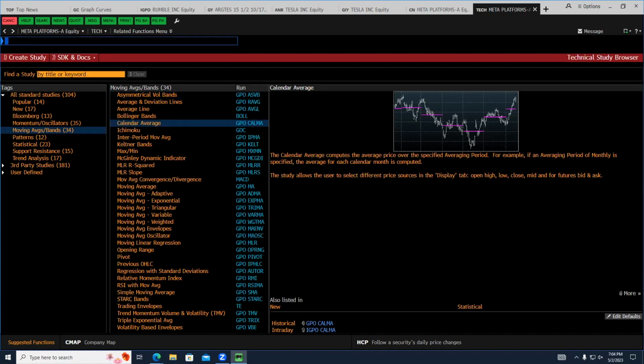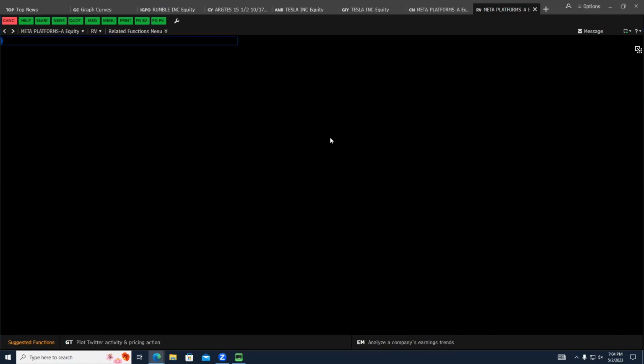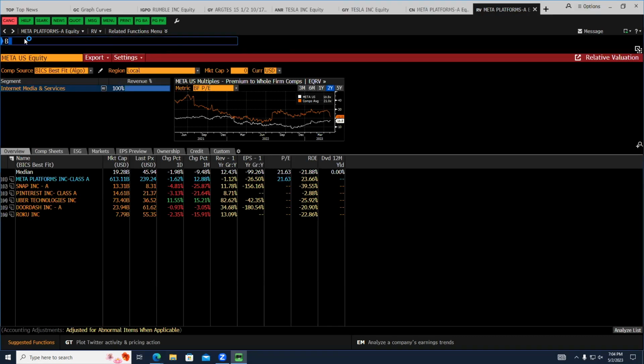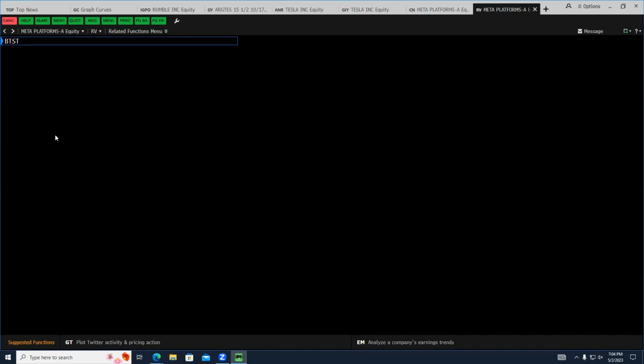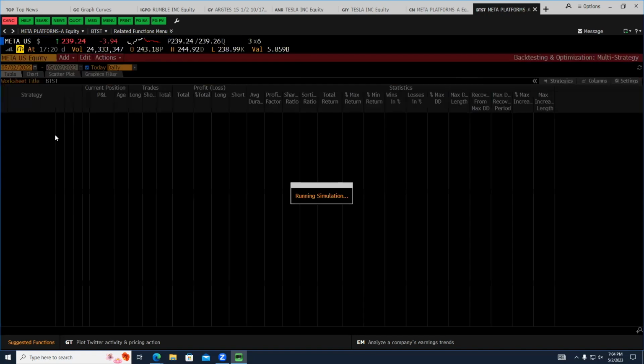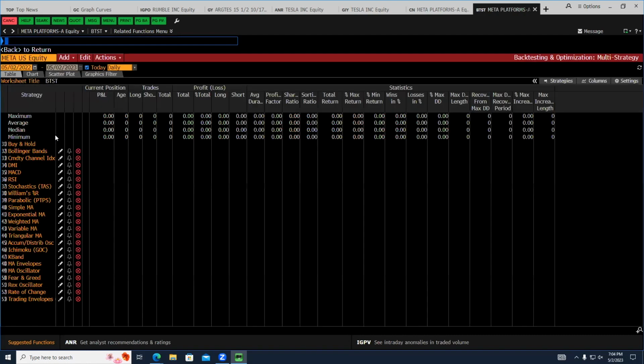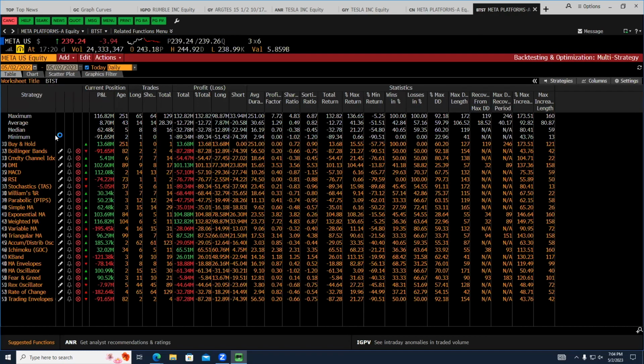All right. Now, these two are going to be very different, but they're actually the same function at the same time. The first one is going to be BTST, which is your basic back testing that Bloomberg has on technical analysis. Technical research tools like basic back test, or BTST, allow us to test trading strategies using historical data,